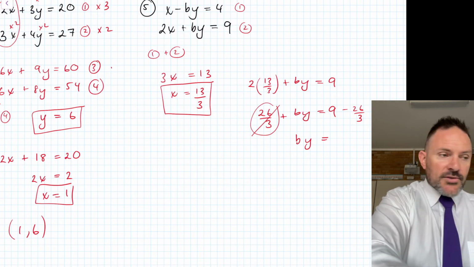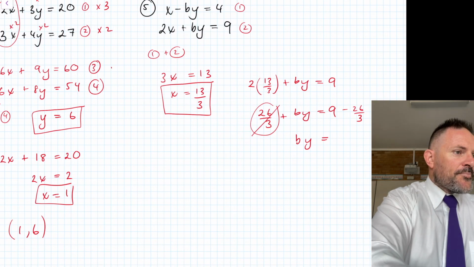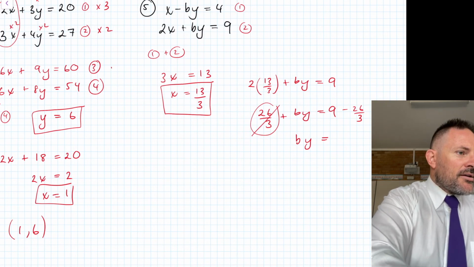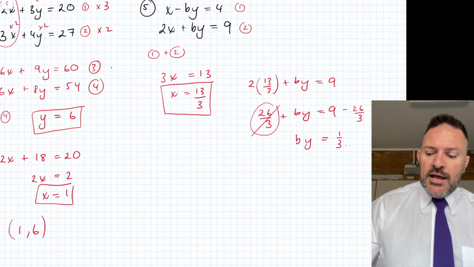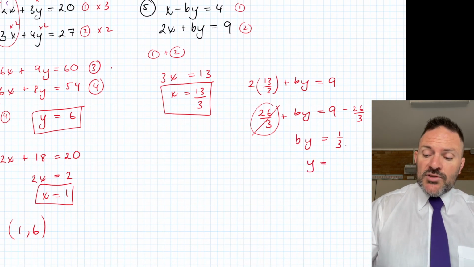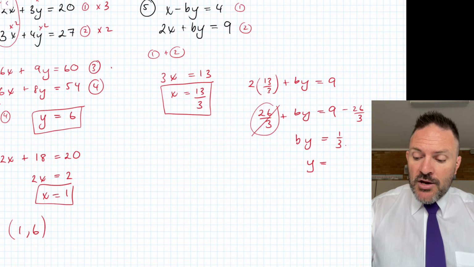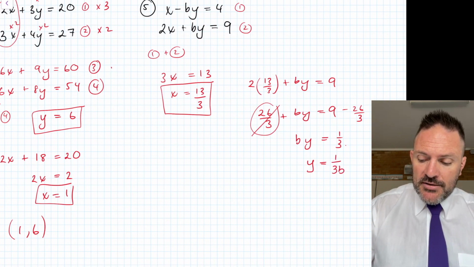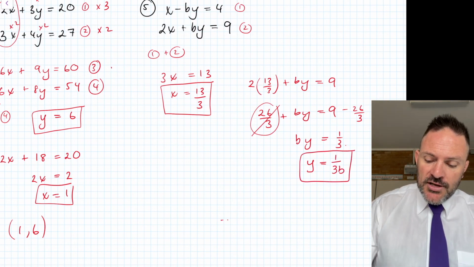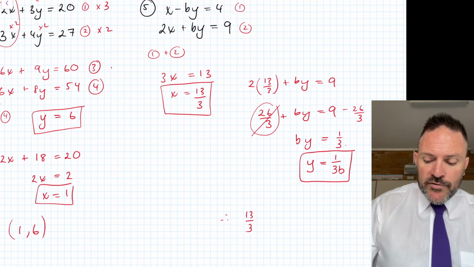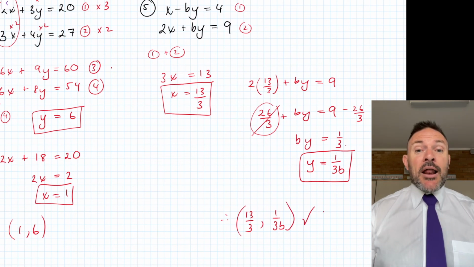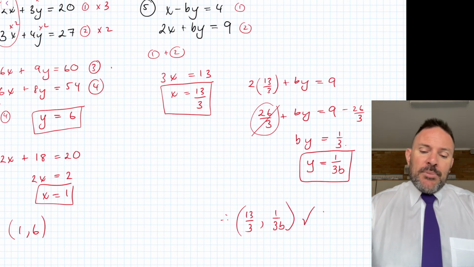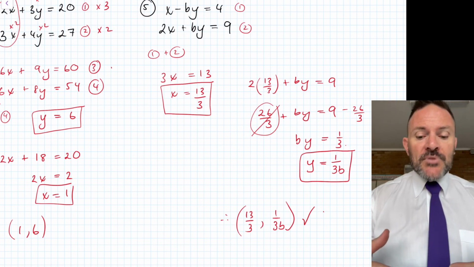So we've got 9 subtract 26 over 3. Now you can use decimals if you want. It's over 3, so it might not be very nice, of course. That's 1/3. And now, of course, we want y equals, so I'm going to then divide it by the 3. So I get 1 over 3b. And that's my second solution. So therefore, we have 13 over 3, 1 over 3b, and my job is done. And that's a really challenging question, but you can see the methods are exactly the same. Look, that is